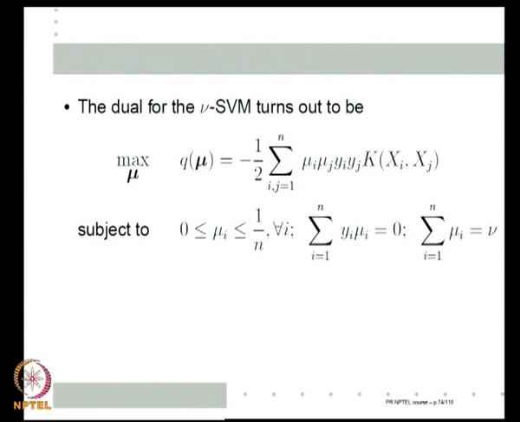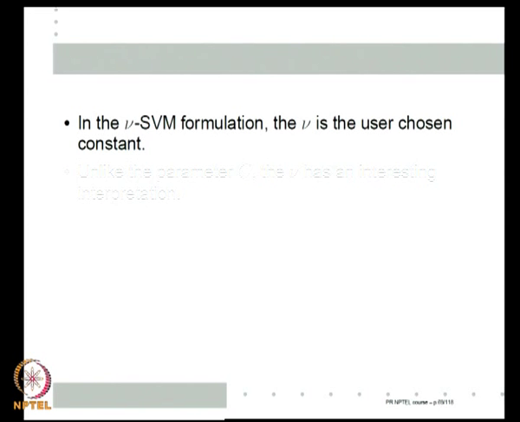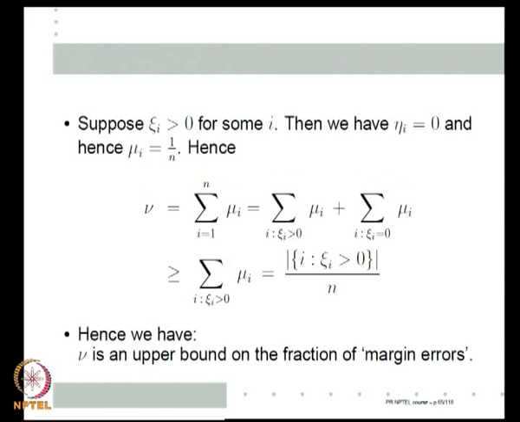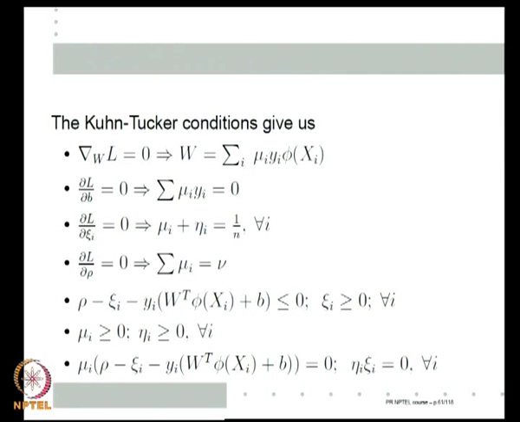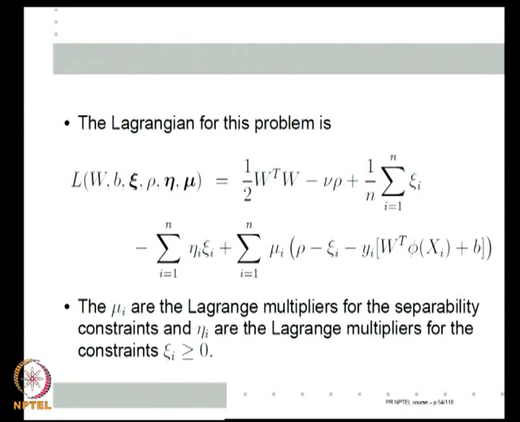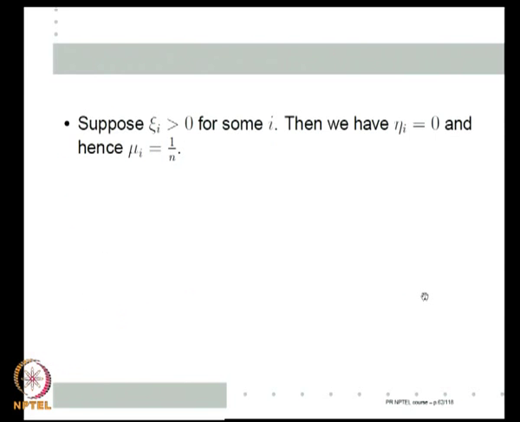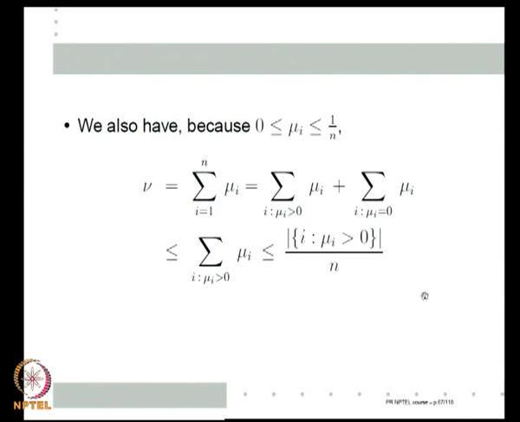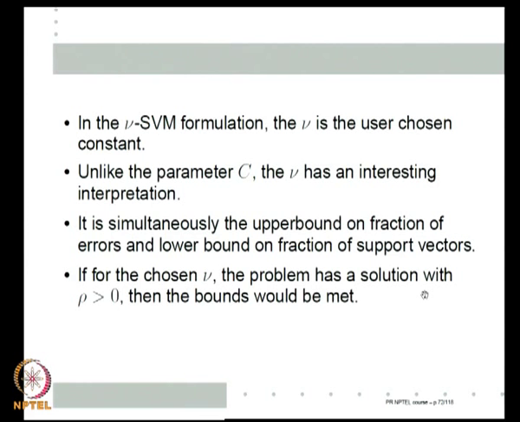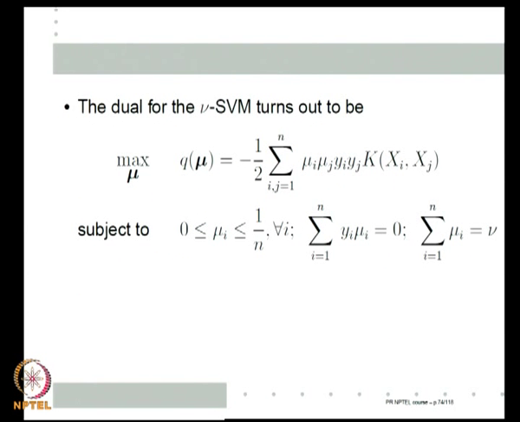So, can it be solved easily? See, my primal problem now looks much different from the old primal problem of the old SVM, because I get a minus nu rho here and I change this to rho, but much more importantly, unlike the old SVM, it has one more optimization variable. But as it turns out, if I take the dual, it looks no different. This is the dual for us.